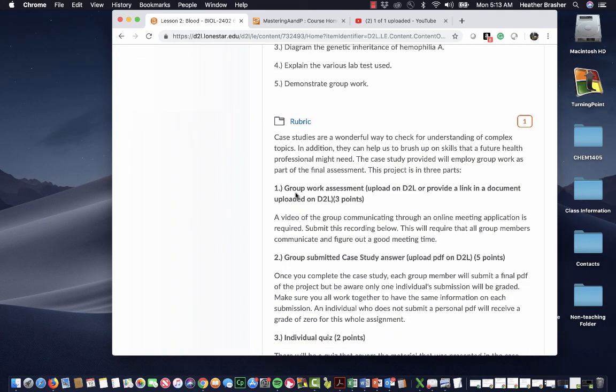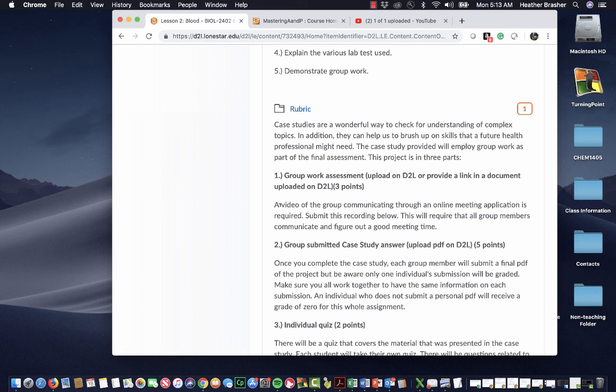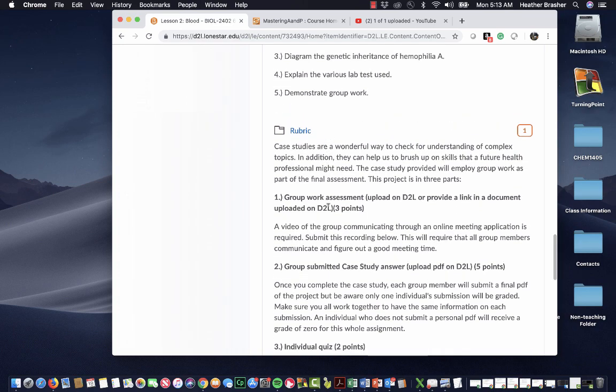You're going to be assessed on 3 parts. The first is a group work assessment. So you're going to upload on D2L, provide a link in a document uploaded on D2L. This is worth 3 points. So you are going to utilize a video chatting system, and you're going to meet online and you're going to actually discuss this case study that you're going to be going over